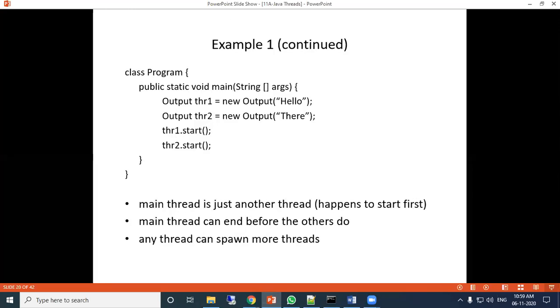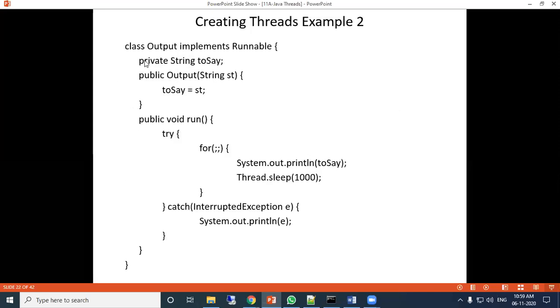So in this program, this output class implements runnable. To use the interface, we use the keyword implements. So implements, and this is your interface name, runnable. Remember, make sure this Runnable is with capital R. Okay. Then private string to say, and all the rest is the same as the previous. So there is no difference.